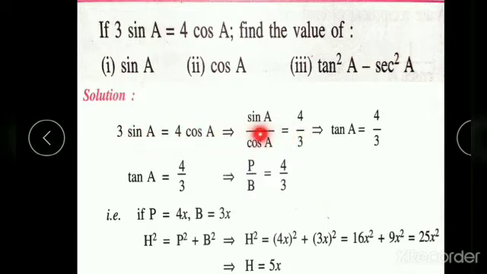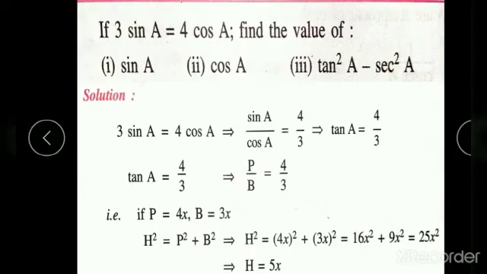Okay. That is nothing but sin A divided by cos A is tan A. So tan A is equals to 4 divided by 3. So here given with 2 sides in a right angle triangle, right? So tan A is perpendicular divided by base. So you have given with perpendicular side 4 and base side is 3, right? So you have given with perpendicular, you can take it as 4x and base is 3x, and you have to find out hypotenuse side, right? How will you find out the hypotenuse side?